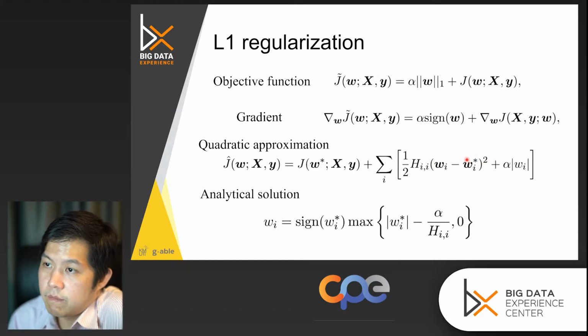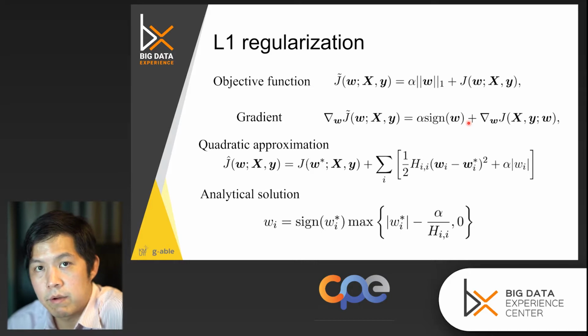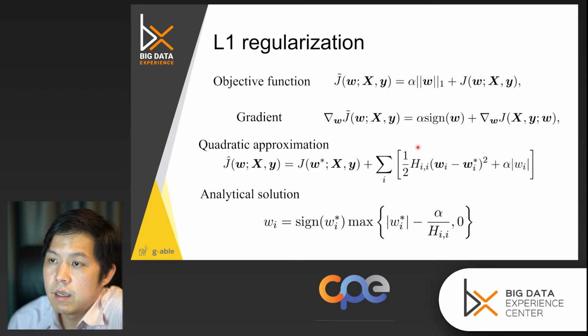taking derivative of this one would be a little bit problematic, because we have this as a sign. This is just plus and minus 1, and the change in gradient. So in order to make it derivable, to make you able to adjust according to the gradient, you need to